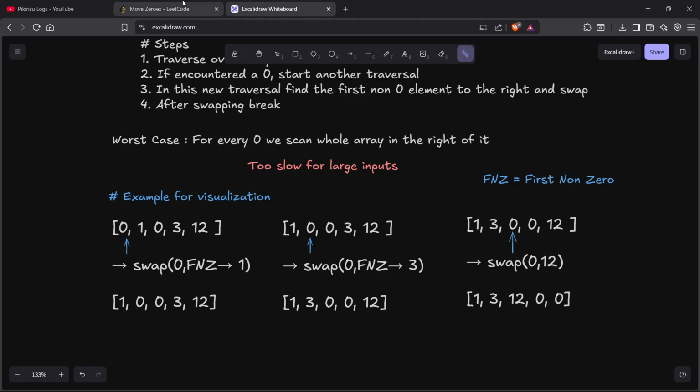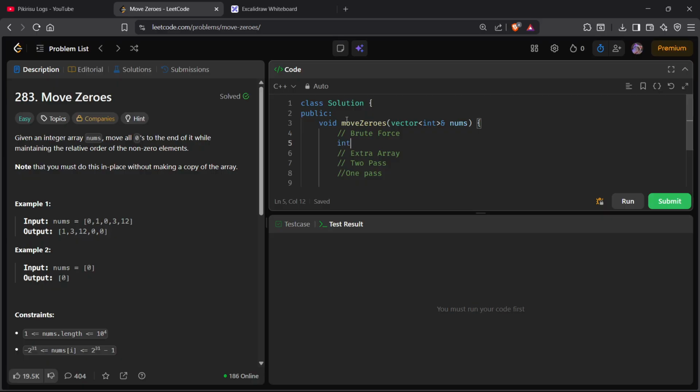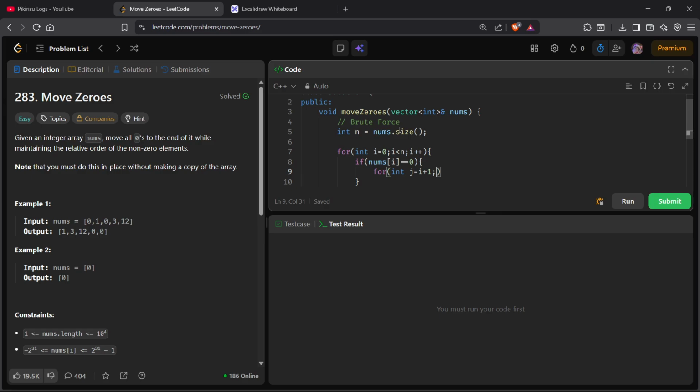Let's code this one and we'll see other approaches. So int n is equal to nums dot size. This is a utility. Now we have to iterate once. So for int i equals 0, i less than n, i plus plus, if nums of i equals 0, then we have to start another iteration over the rest of the right side array. For int j equals i plus 1, j less than n, j plus plus,